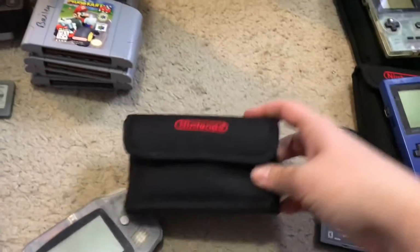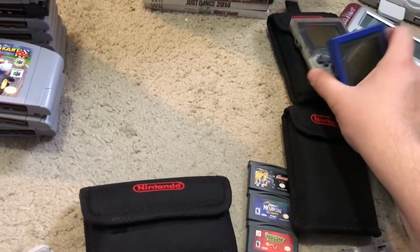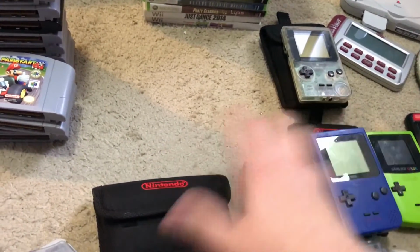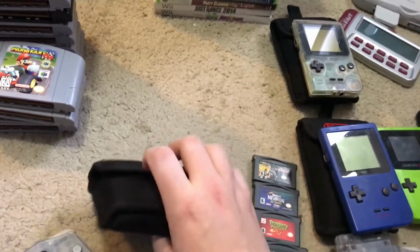And then this little thing. So it was cool. These all came in these nice looking Nintendo cases that I've never seen before. They have belt loops. This is full of cartridges. Actually, this doesn't have a belt loop, but